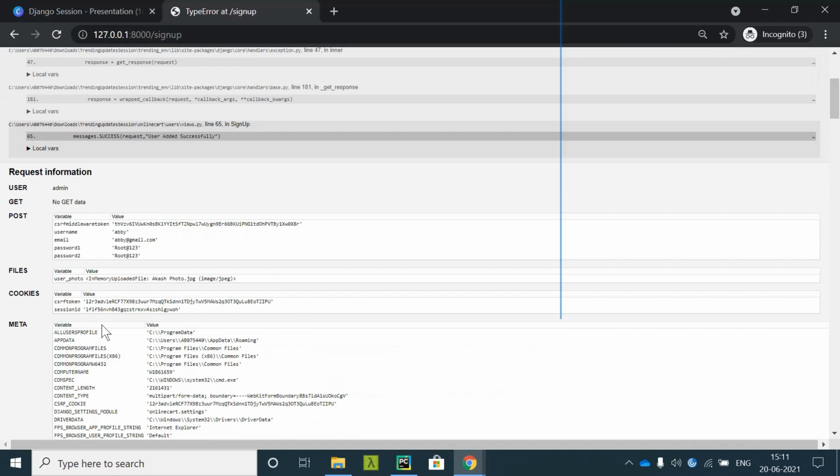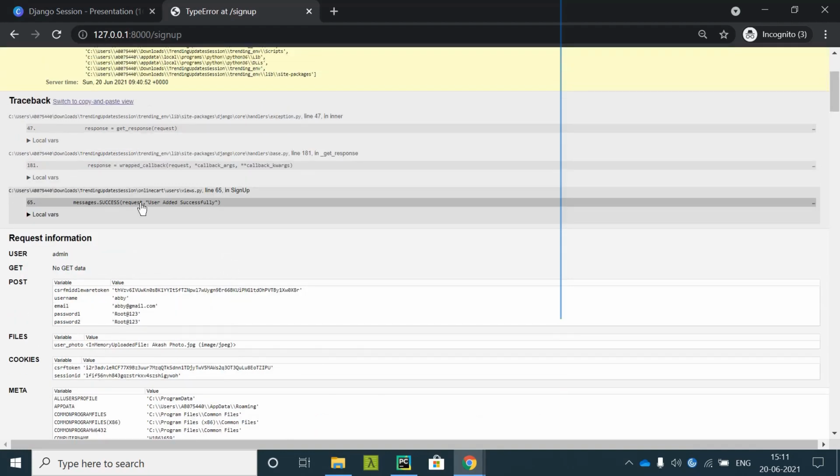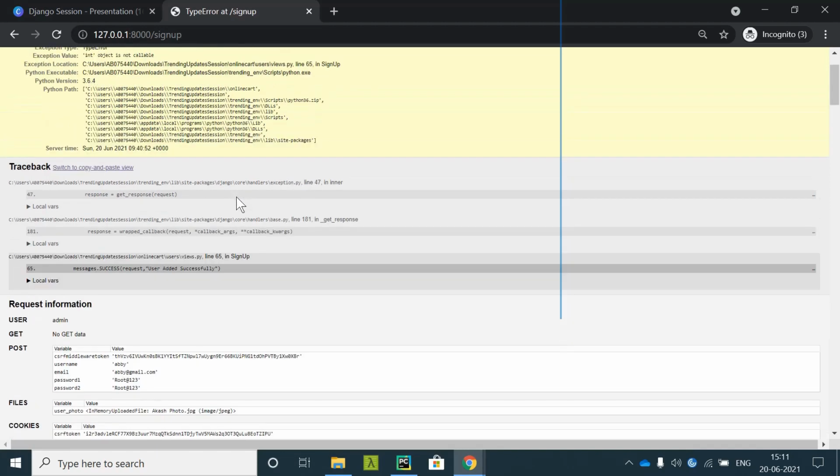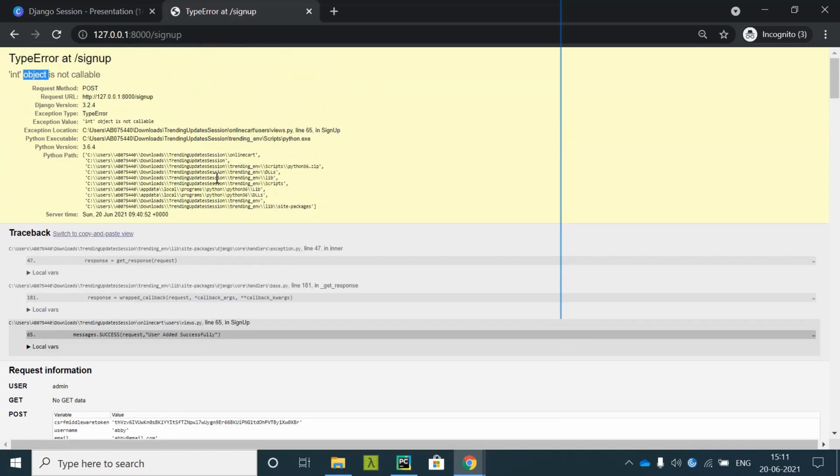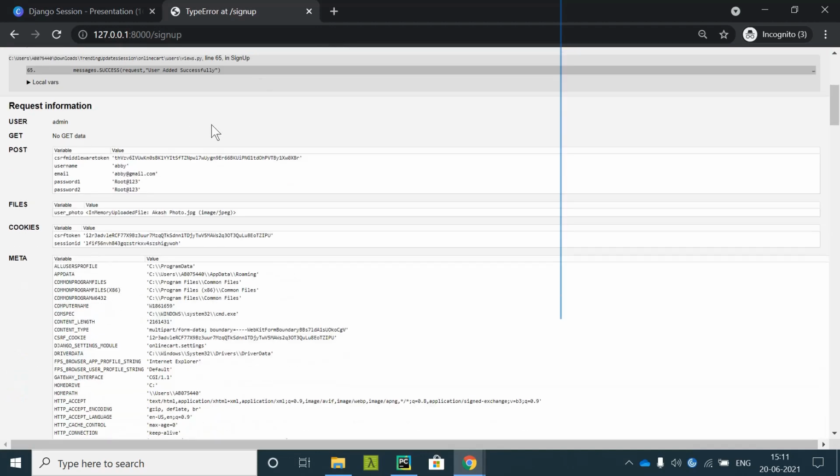Where did it give a problem? Let me check. Request, it gave me some problem, int object is not callable. You see all the fields were correct.